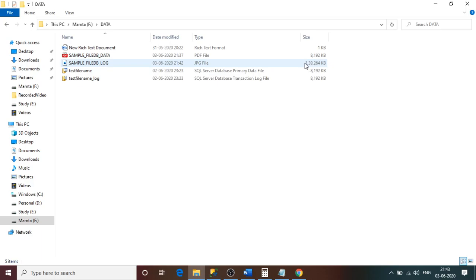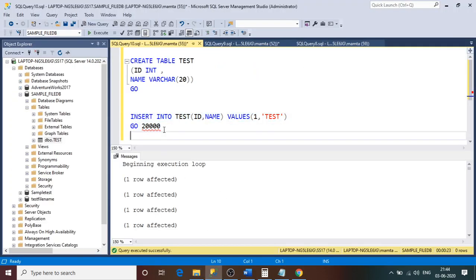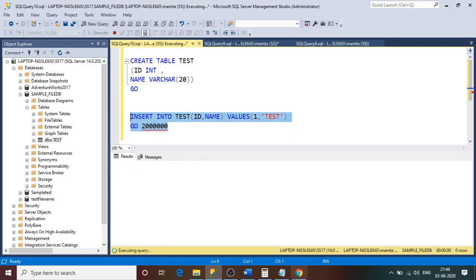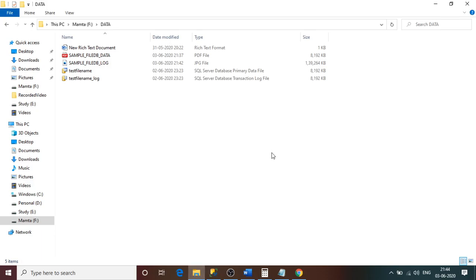The log file increased by 264 KB, but the primary file is still the same. So we need to insert so many records here. Okay, let's see if this time it has increased. Let me check. Ideally it should increase.